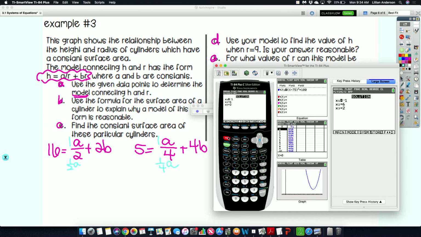So I'm doing this one using the matrices for the people who need the matrix. So I'm going to quit out of this program. I'm going to go to matrix, go over to edit. This time I have a 2 by 2, not a 3 by 3. I have 2 unknowns, 2 equations. It is 1/2 and 2, and then 1/4 and 4 for my first matrix. I go back to matrix and go to option B, and I. A equals. So it's going to be a 2 by 1,